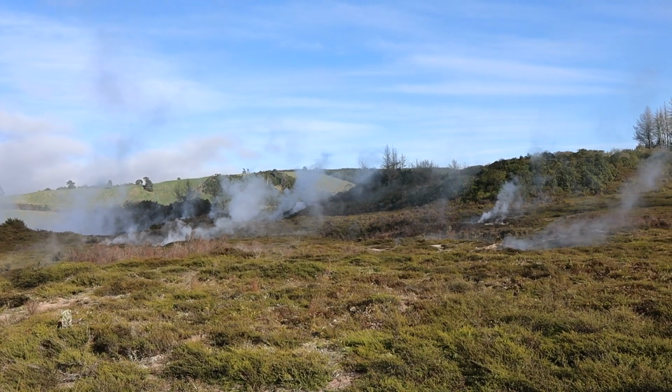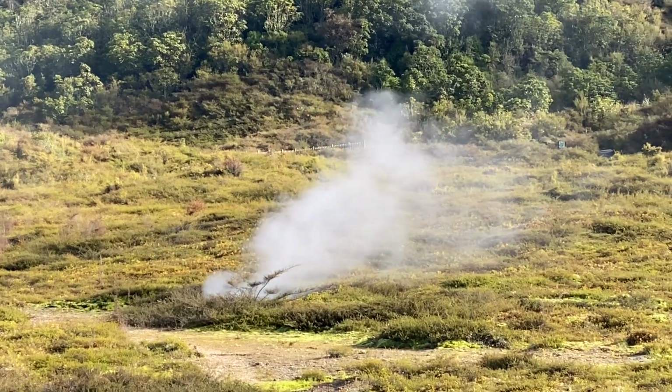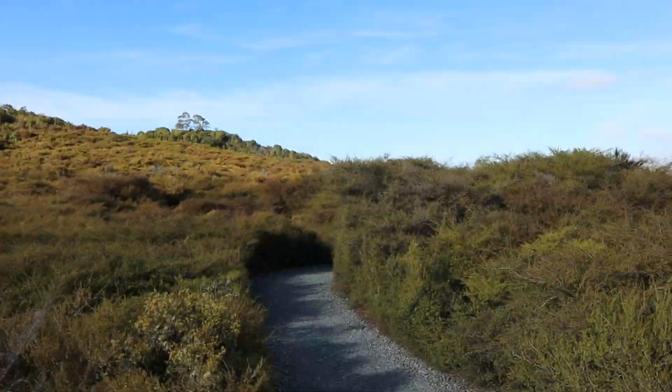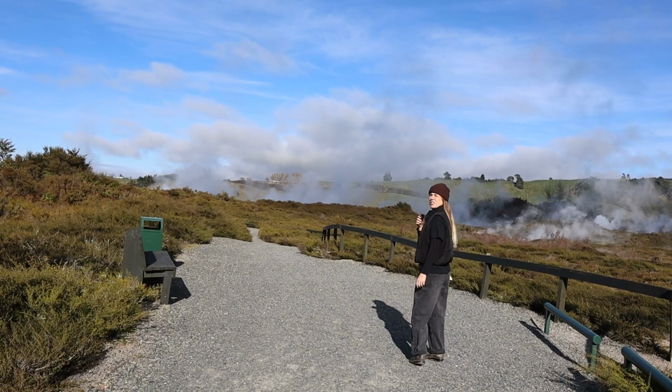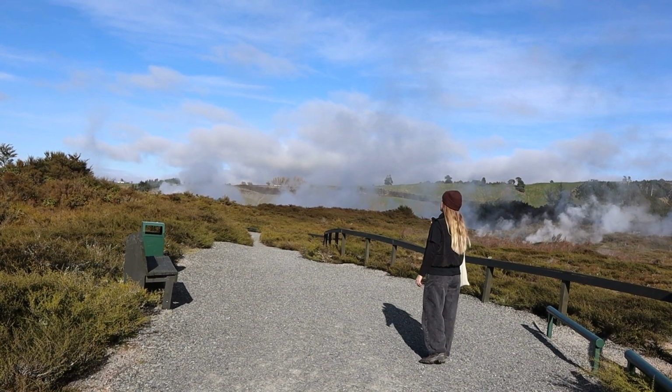You have to make sure you really stay on the trail. Apparently plants can hide a lot of the soft ground, and if you go too far off the trail and you step in the wrong place, unfortunately you can sink into the hot ground. This is so morbid. Let's go. Well, that's what the sign said. Helicopter. They do helicopter tours here. I don't know if that's what that is, but